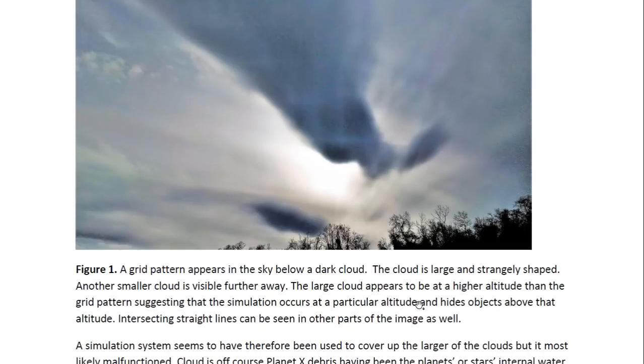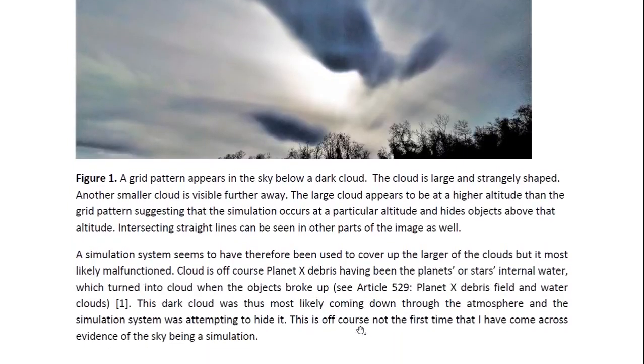So the large cloud appears to be at a higher altitude than the grid pattern, suggesting that the simulation occurs at a particular altitude and hides objects above that altitude. Intersecting straight lines can be seen, already pointed out, in other parts of the image. So a simulation system seems to have therefore been used to cover up the larger of the clouds, but it